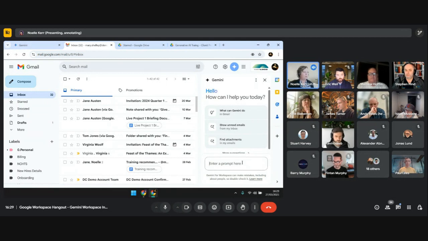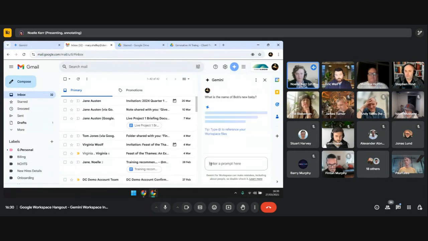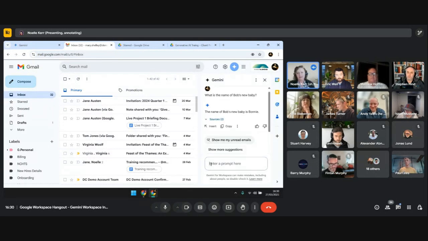One of my colleagues has had a baby, can't remember what the baby's called, and Bob's just walked into the office. So I'm just going to ask Gemini to take a look through my emails, and could it tell me what Bob's called his baby? We've used this for things like, tell me what my flight number is, tell me what hotel I've booked into. It's had a little look and it's come back really quickly and said, Bob's baby is called Bonnie. So I can say, hey, Bob, how's the baby Bonnie? And we move on with our day. In other ways, I can check what time lunch is booked for on Tuesday, and I can query stuff that is sitting within my inbox.